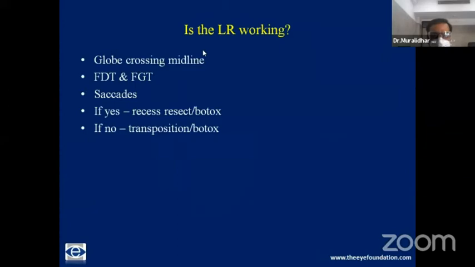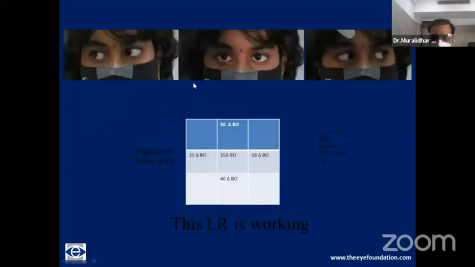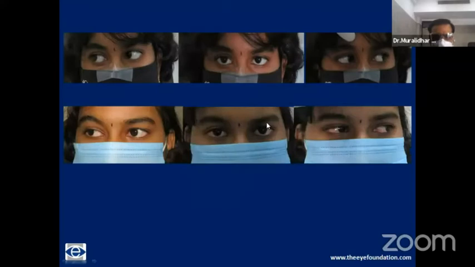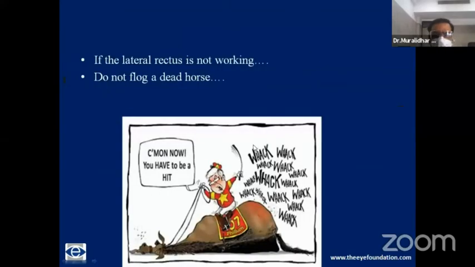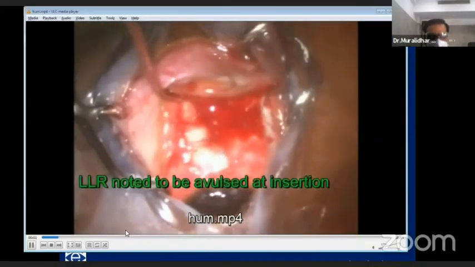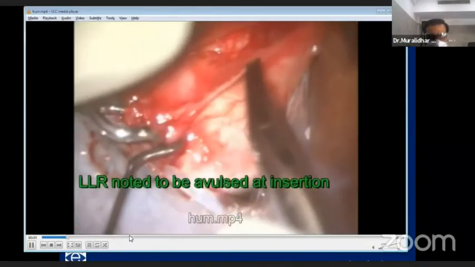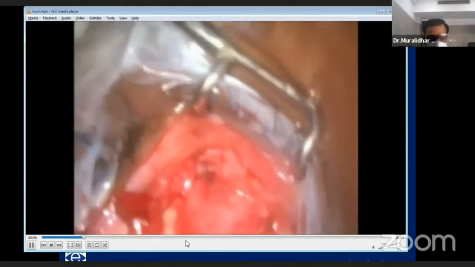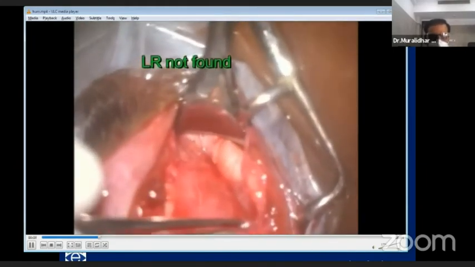In case 6 to 9 months have passed without the lateral rectus recovering, these are the key points: whether the lateral rectus is working or not. If the lateral rectus is working, a recess resect procedure usually gives very good, gratifying results. If it is not working, you have to do a transposition procedure, a Hammershaimb procedure, for example, or you have a wide variety of procedures like the Nishida or full tendon transfer. You can augment it by various modifications like Brooks.